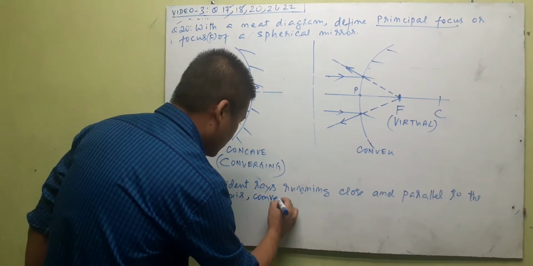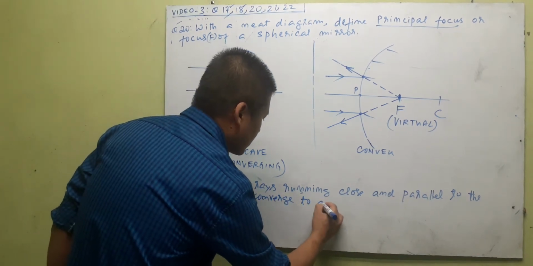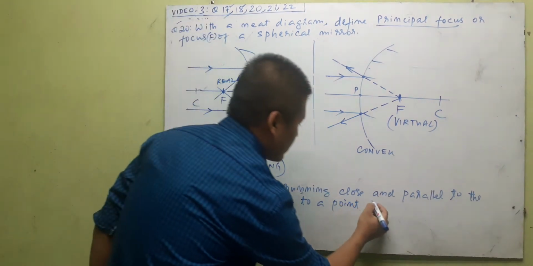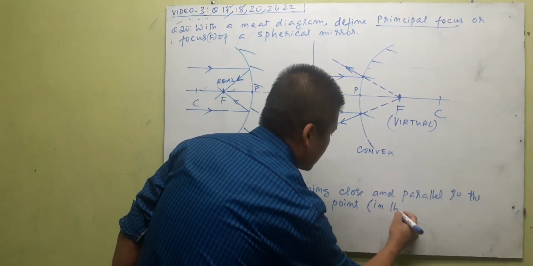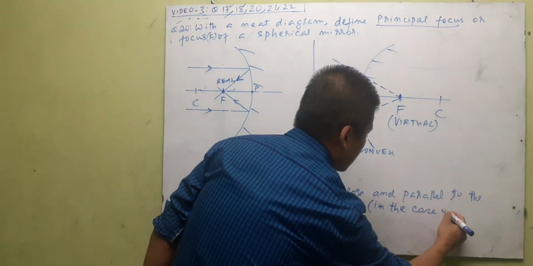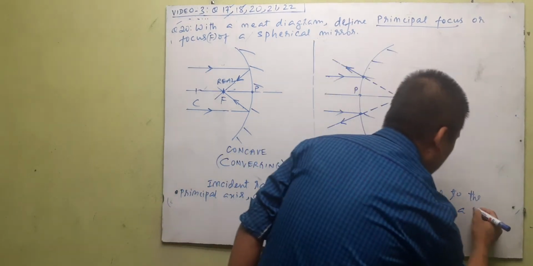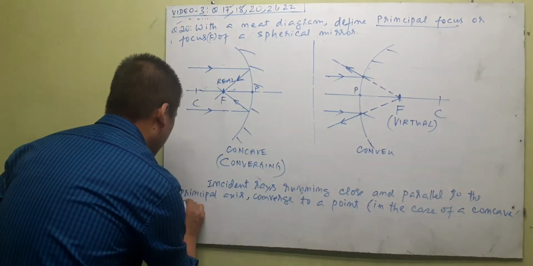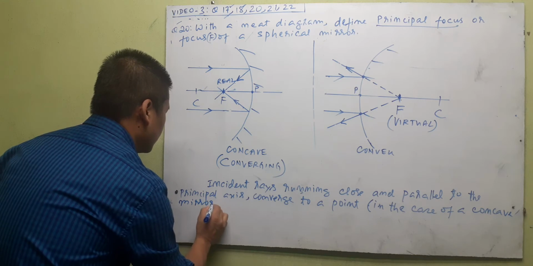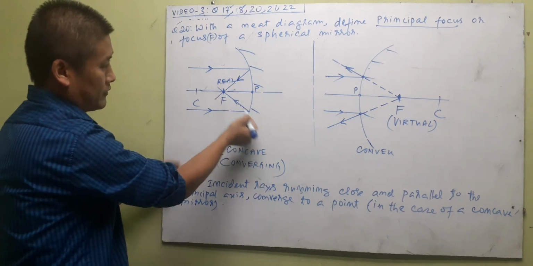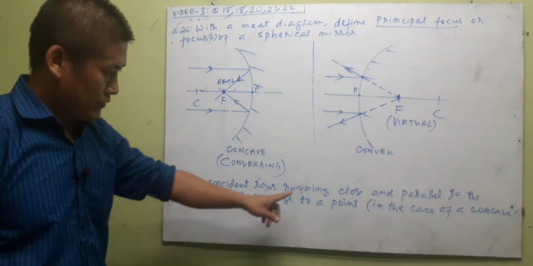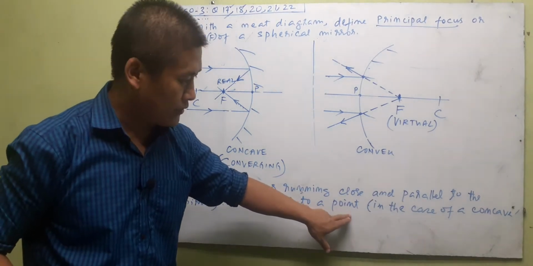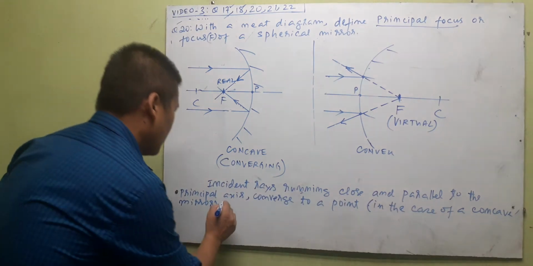Converge to a point. Look here, in bracket you write, we're talking about the case of a concave mirror. In the case of a concave mirror, they converge. See, the reflected rays converge. Incident rays running close and parallel to the principal axis converge actually to a point, really to a point, in the case of a concave mirror,